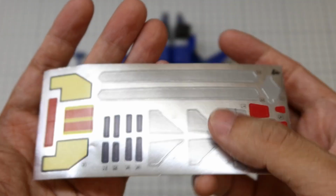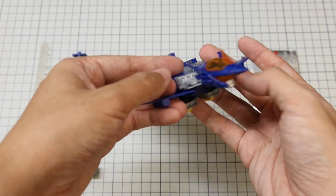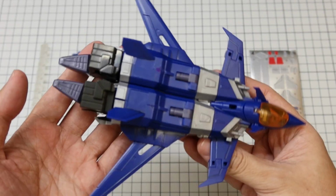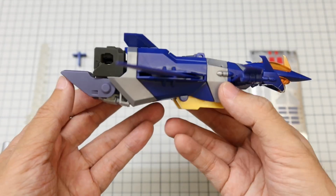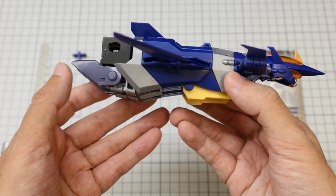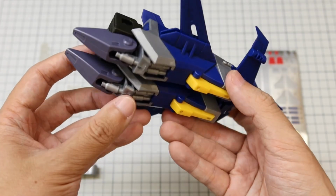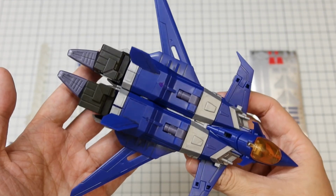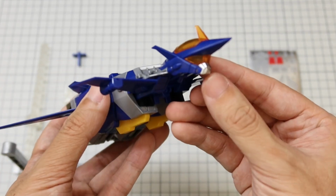So now to our main model. As you can see from the long shot, you can see the fits for Power Xenon here. These are the fit for Full Power Gridman, but at the moment they just look like jet plane parts, which is fine. This is the face of Sky Gridman,